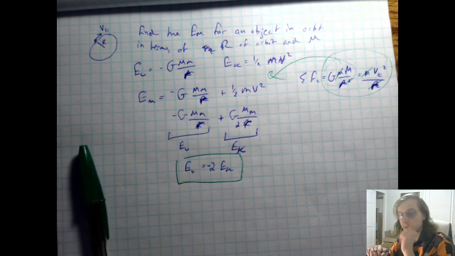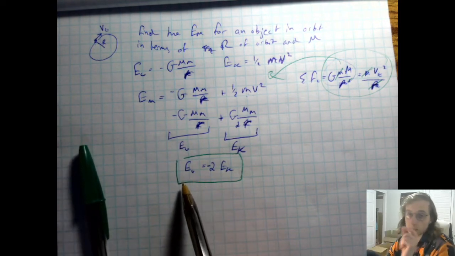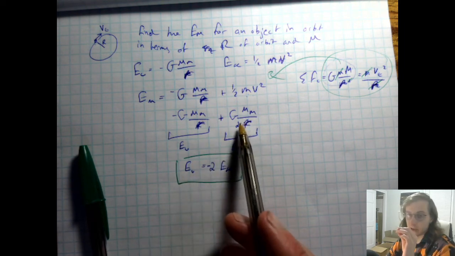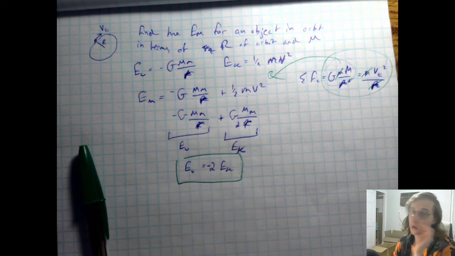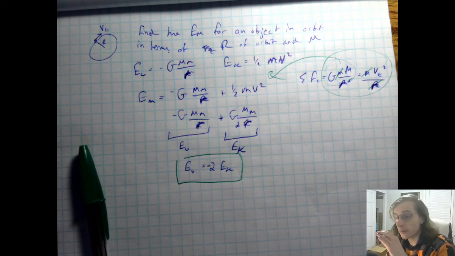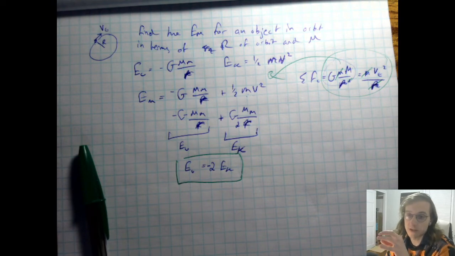Sorry, so back to the actual point here. For any object that's in orbit, your potential energy will be negative and twice as big as your kinetic energy. And that will actually always be true. The only thing that we assumed in this case was that our centripetal force would be related to our tangential velocity, which is always true. Otherwise, we won't be going in a circular orbit. If it's in an elliptical orbit, this actually still works. You just have to use your semi-major axis, which is the distance